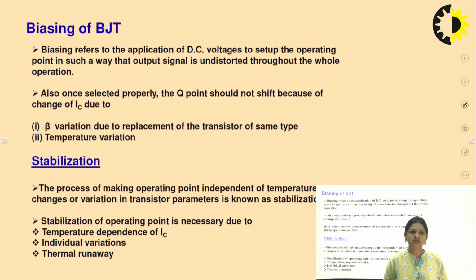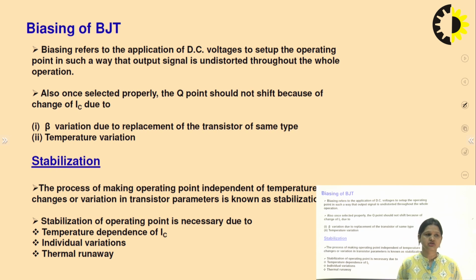So proper selection of biasing is important, and the point which I am calling the operating point is also known as the Q point, the quiescent point, for the BJT. The requirement is that the Q point or operating point should not shift, because if there is a shift in the Q point, that would definitely change IC, the collector current. And if the collector current changes, that means the output will change. So it is not